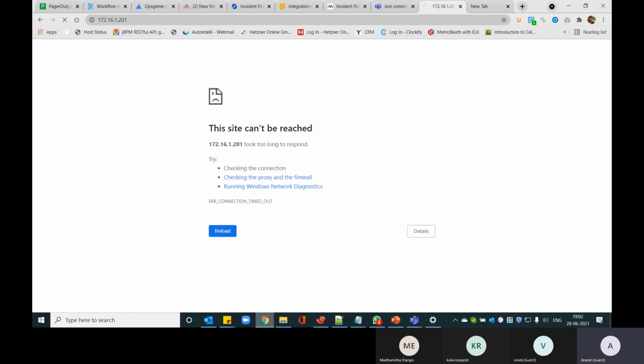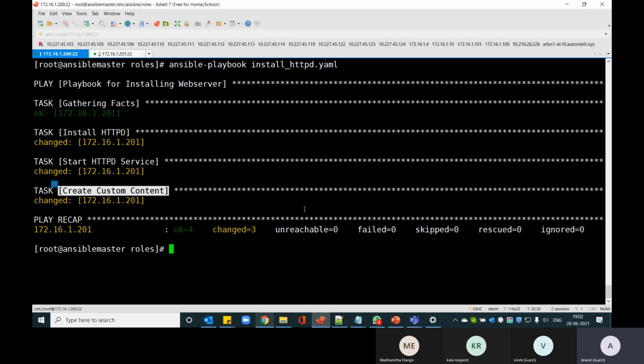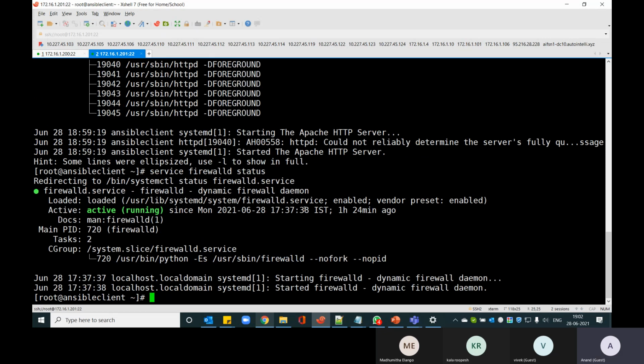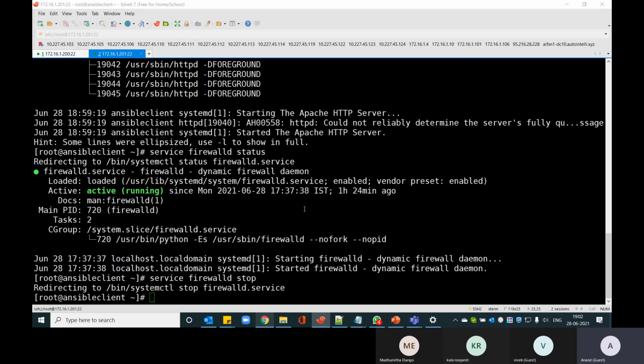Okay, so it is not reaching. Maybe there's some problem with the firewall which is blocking. Let me check the status of the firewall here. By the way, I can also do this with Ansible: allow port 80 by adding one more section so that it gets allowed by default. The firewall is running for now. Let me stop it quickly and just see.